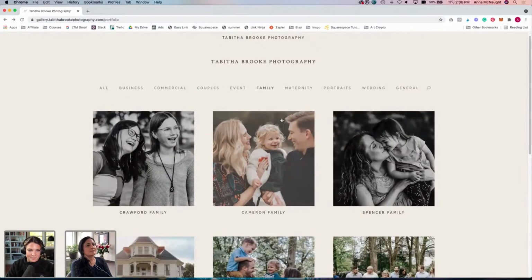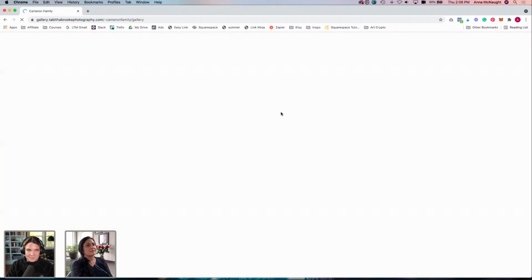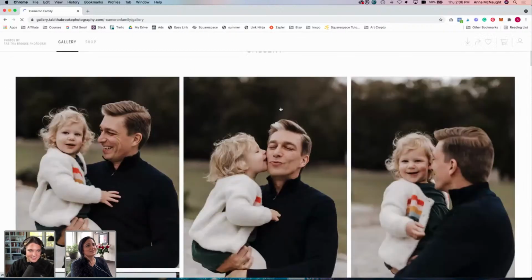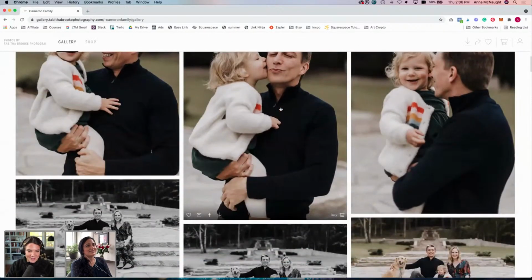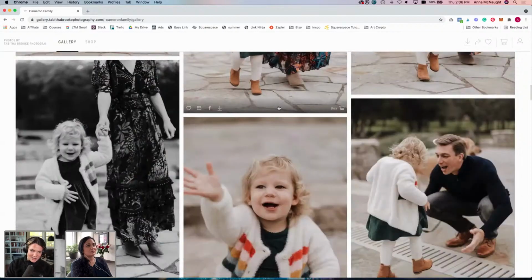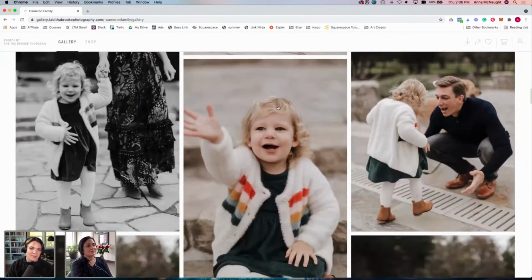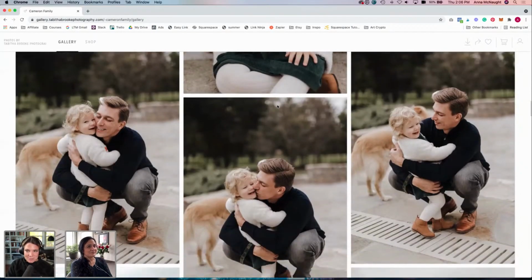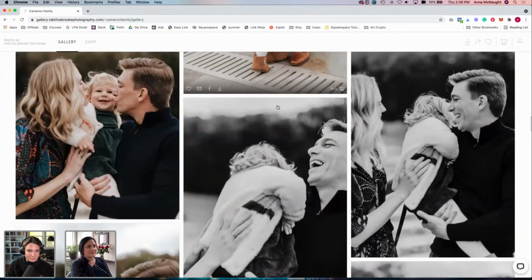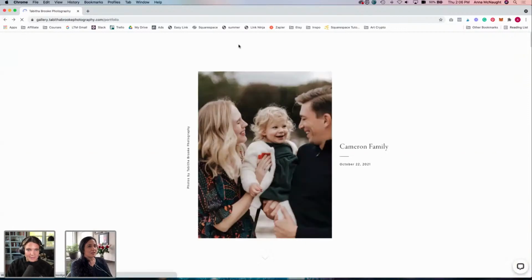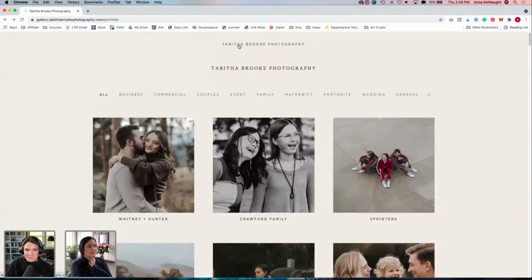Family. So cute. I love the rich tones that she uses for her editing. I feel like so often with family, wedding, and portrait photographers, it's always very bright and airy. And it's always refreshing to see the deeper, richer tones. Really awesome. And I think she's just so good at bringing the emotions alive, just the laughter and,